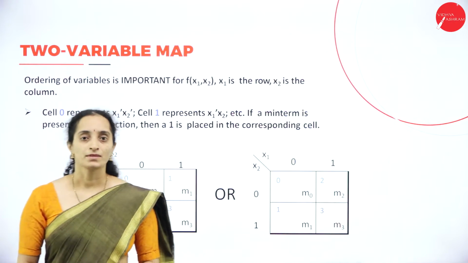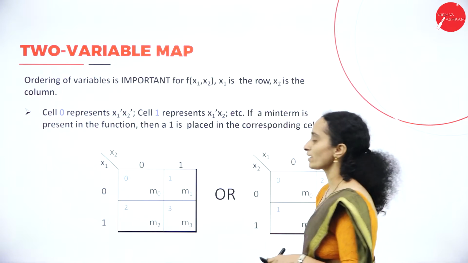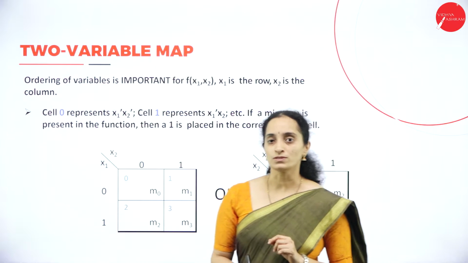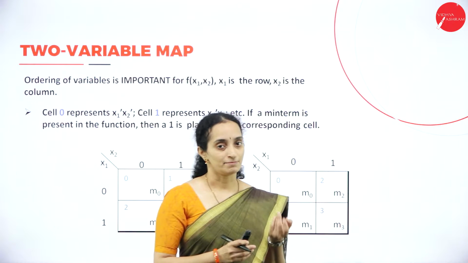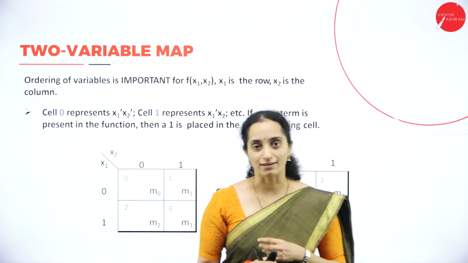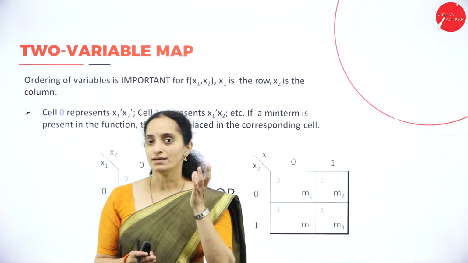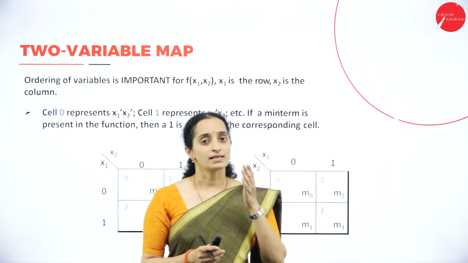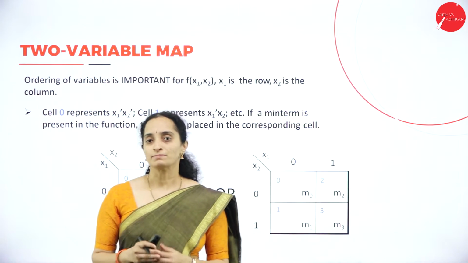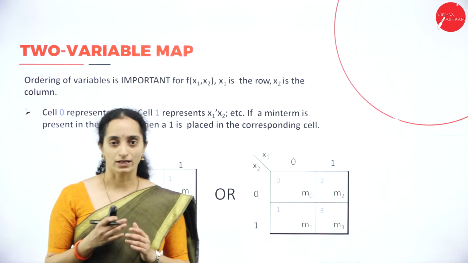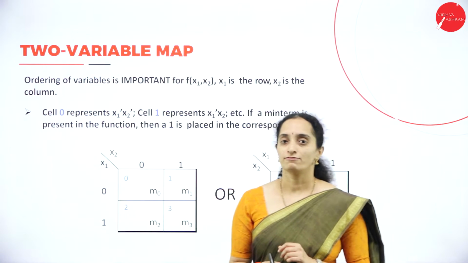In this K-map, we are using different variables. Different variables can be used in different functions. Like you can have a function of a single variable, complement and non-complement. You can have x as a variable. x can have two values, 0 and 1. But you cannot perform any operation or create any circuit with a single variable function.